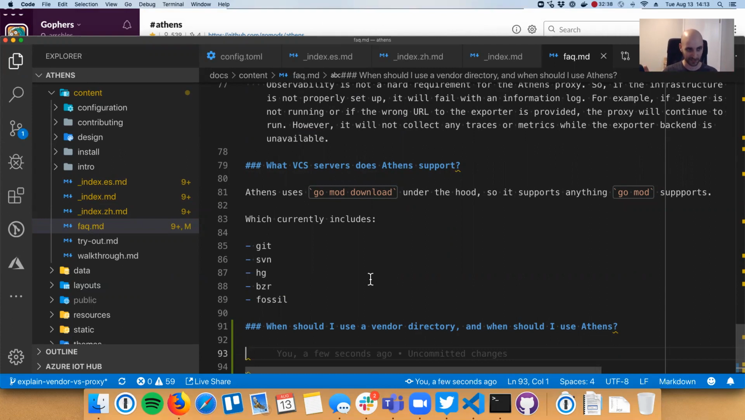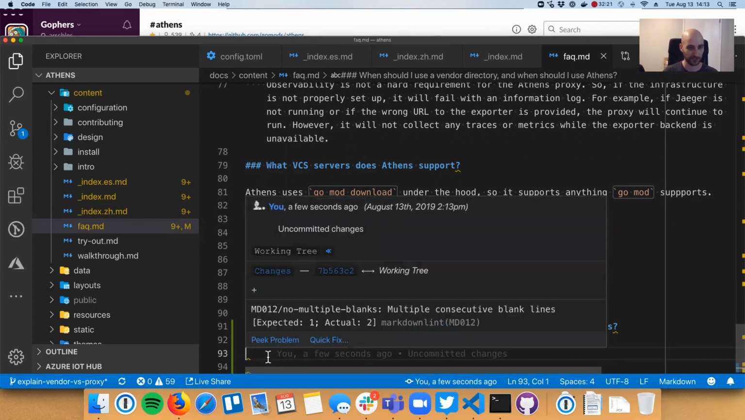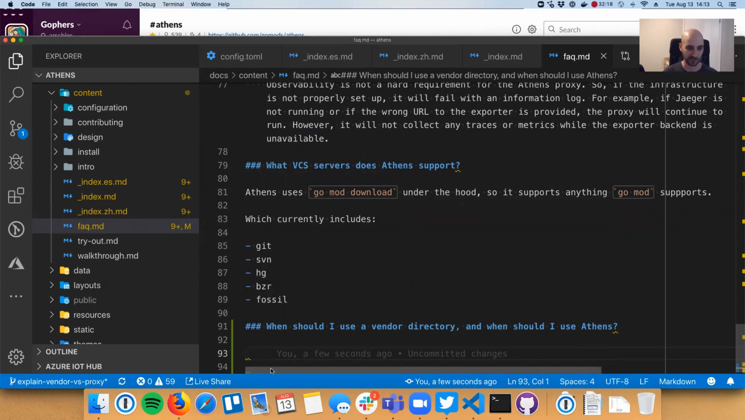So I've got this section. I think it's a decent place to put it in the FAQ. Obviously it's a question that at least one person has asked. At GopherCon, I heard this question a few times in different forms. Some people said why, literally. Other people said I am sticking with vendor. Other people said I hate vendor and I'm going with Athens. And there's a lot of confusion, like why should I do it, when should I do it, etc. So I'm not going to try to boil the ocean and answer everyone's questions here,